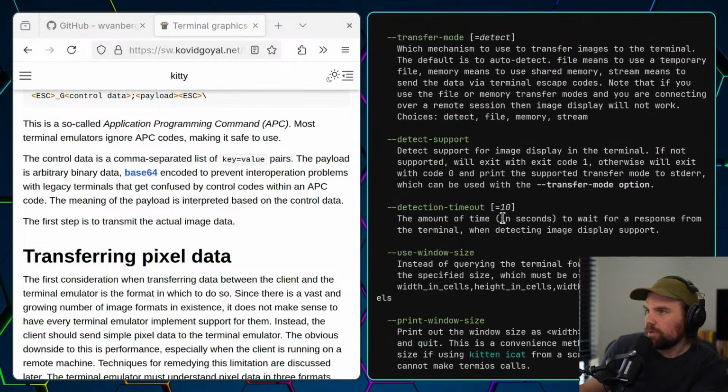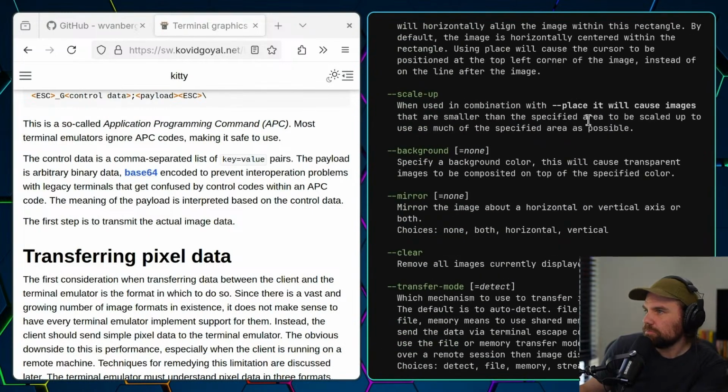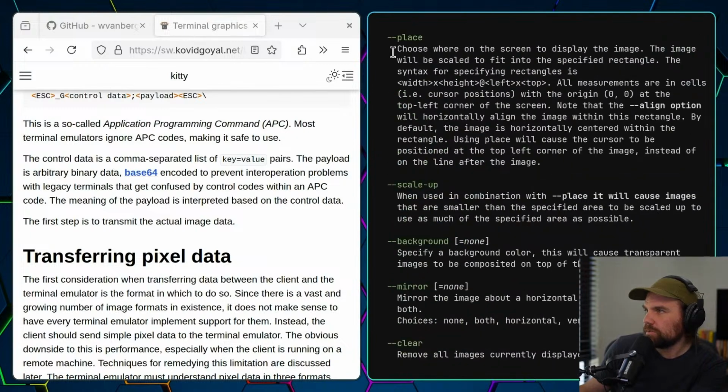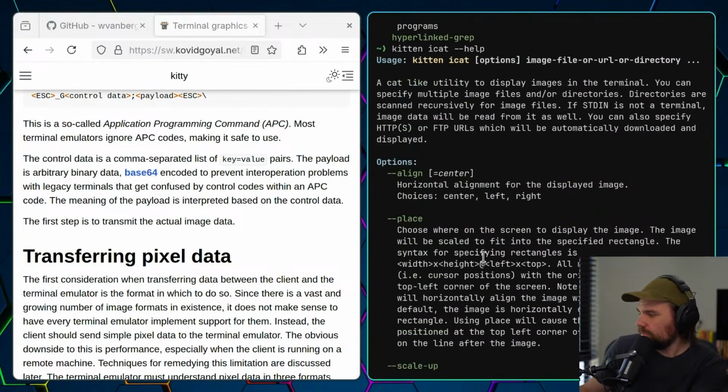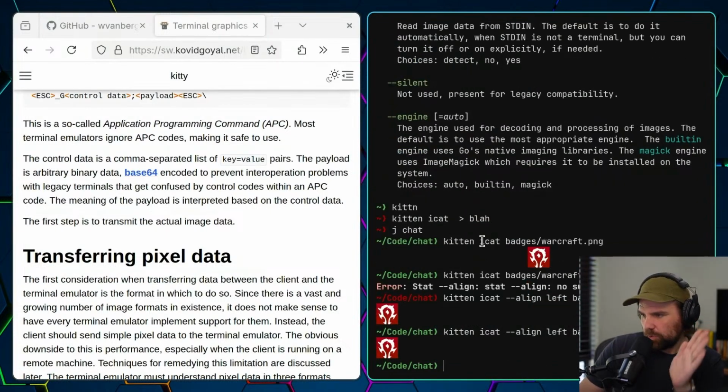I can scale up, place. Choose whether the image will be scaled to fit. So the syntax for specifying the rectangle is width, and so on. Anyway, it's boring. But I got icat working.